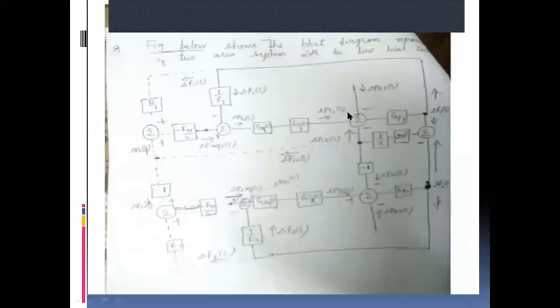Is it clear how we are getting 9 variables? In the single area system there were 4 variables, whereas for the two area system we have 4 plus 4 variables, and the power flow in the transmission line, delta PTI, also has to be included. So in total we have 9 variables.